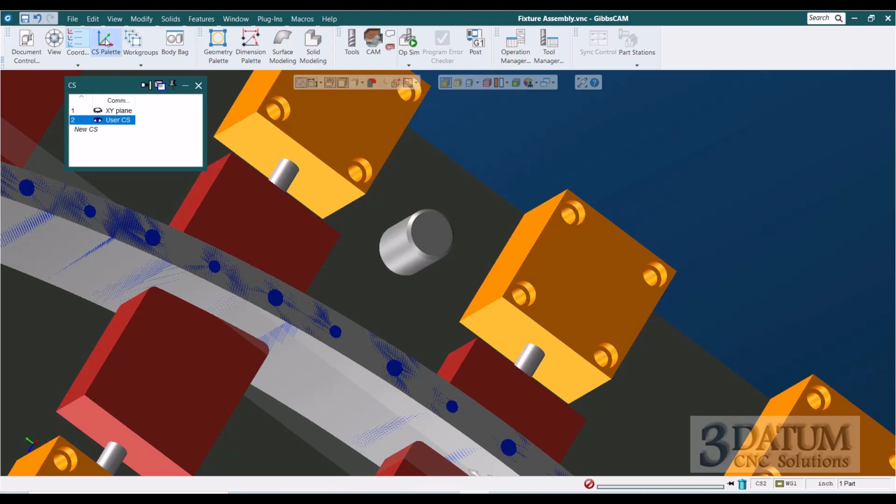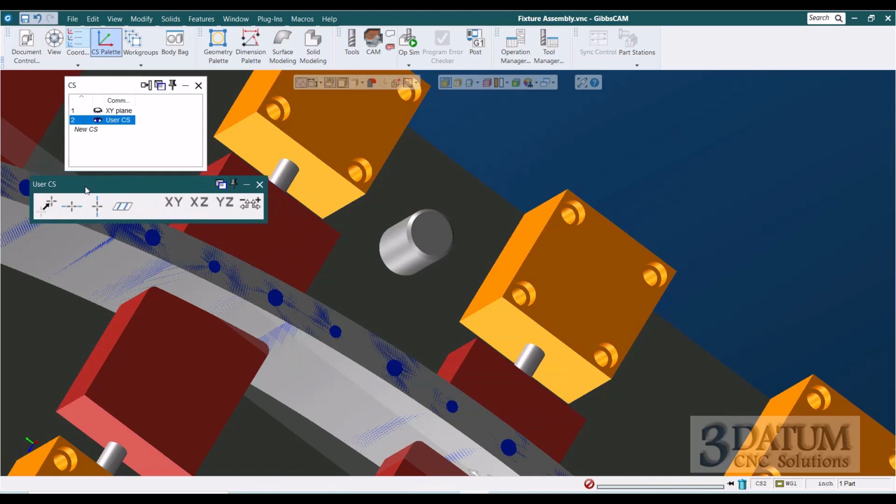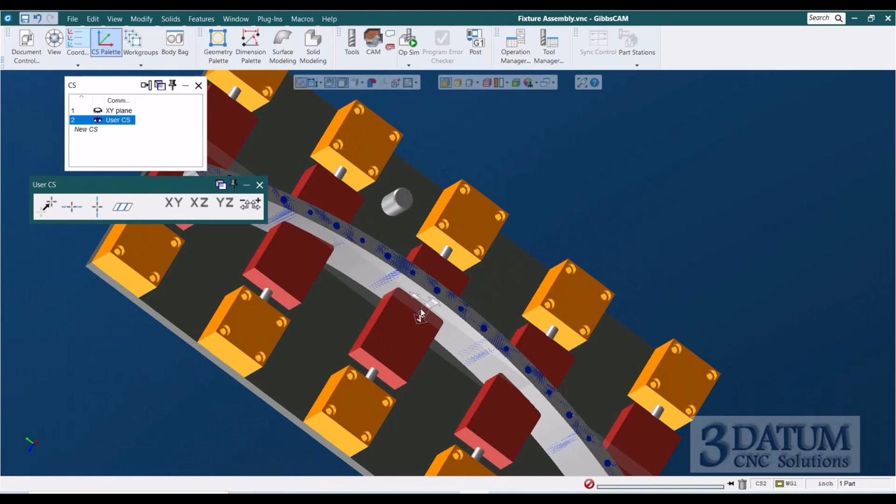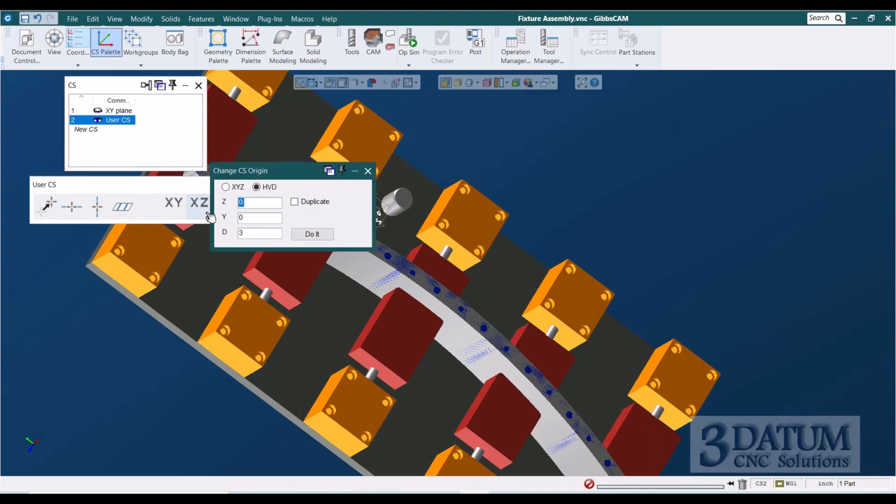So I've got my coordinate system built. I'm going to open my coordinate system palette, and I'm going to zoom out a little bit where you can see the XY plane origin, or the coordinate system origin here. The first thing I'm going to do is align the coordinate system to the cylinder. So with that cylinder highlighted, I'm going to align it, and I'm going to move the origin to the cylinder. I'm going to click off in space and click back on align origin, and in HVD mode I'm going to move this